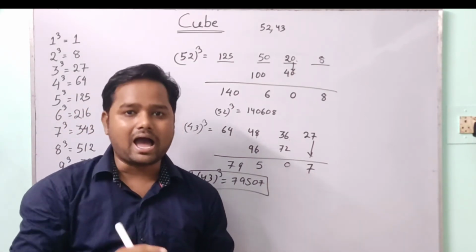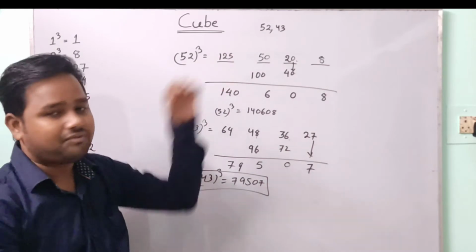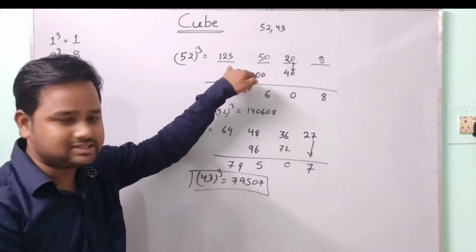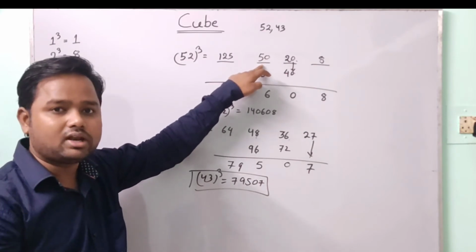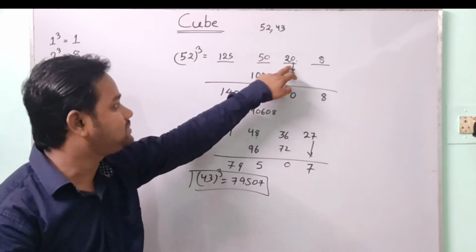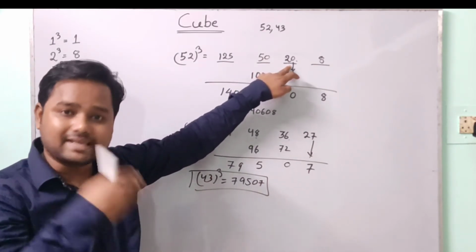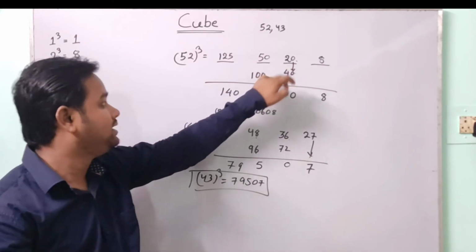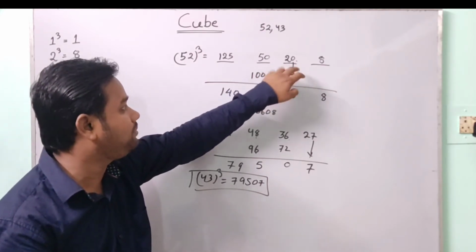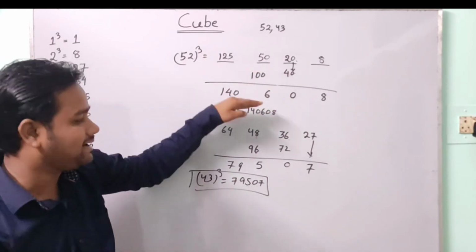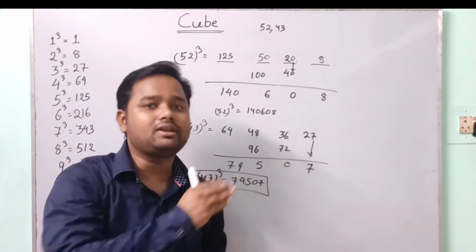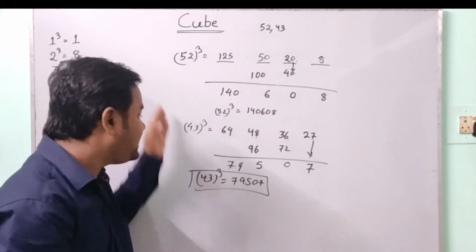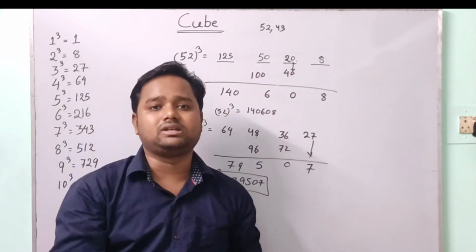In this process, I can find the cube of any two-digit number. The steps, I am saying again: first I have to write the cube of the first digit, here the cube of the second digit. This place I will write the square of the first digit into the second. This place I will write the square of the second digit into the first. Now I will multiply 2 with the middle two terms and simply add. Every place consists of only one digit and the rest of the digits will be carried to the next term. Similarly, we can find the cube of any two-digit number.